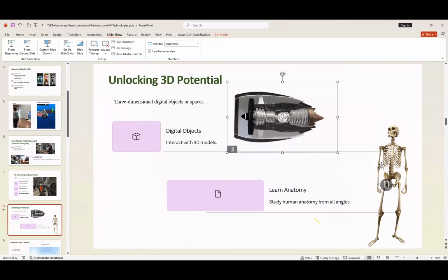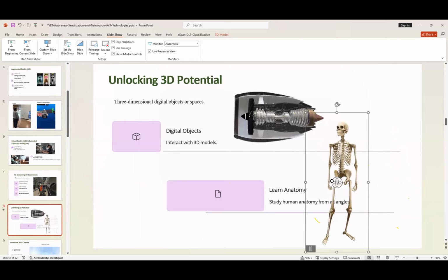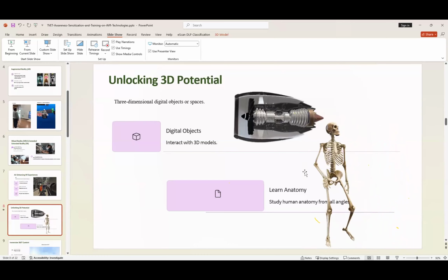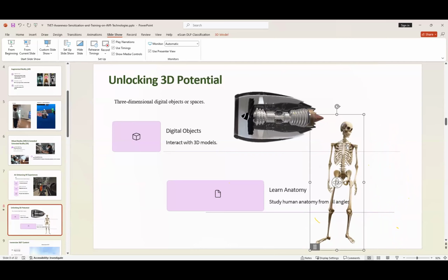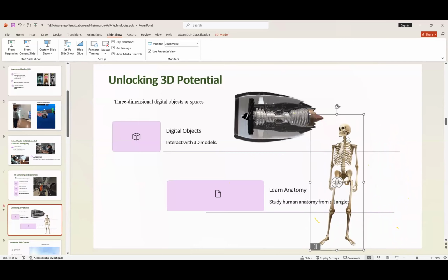Then, another possibility: how can you do anatomy? You can maybe say you're teaching biology or science, okay? So here we have an object, a skeleton, okay? You're able to view it. You can even take it apart. Here it's not possible, so we may not be able to do it here in the PowerPoint, but you're able to take apart this skeleton bone by bone. You understand the bone structure, reconstruct it, and know where the bones are placed on a skeleton, okay?